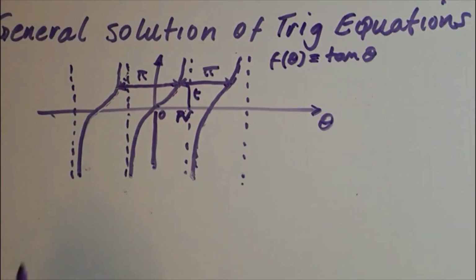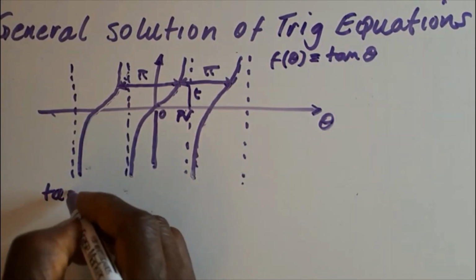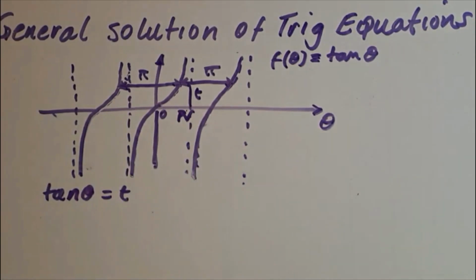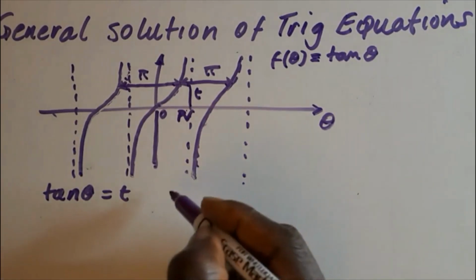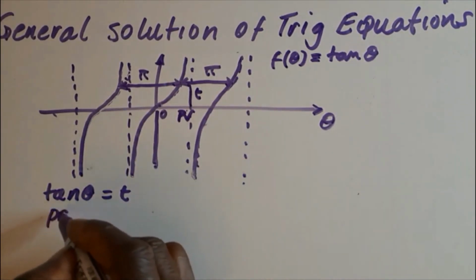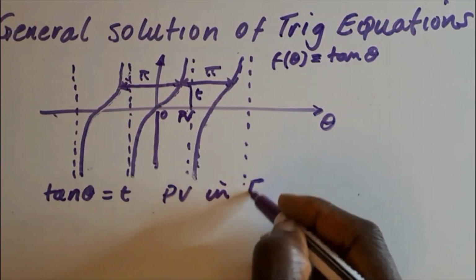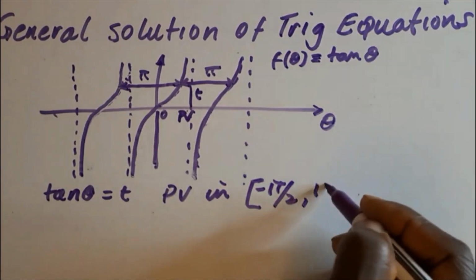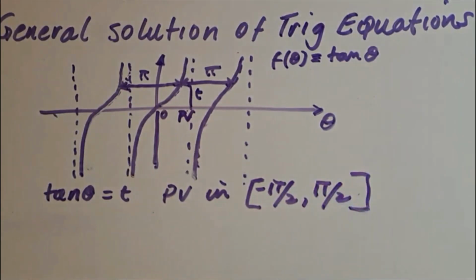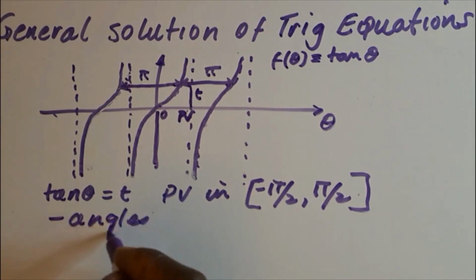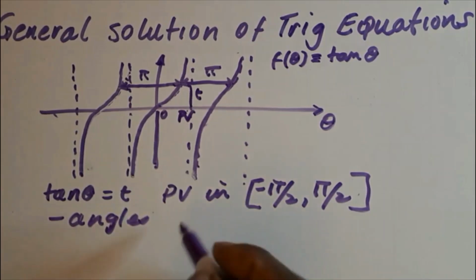Hello. So this is for the ratio tan theta is equal to t. And t, the principal value, so the principal value PV in minus pi over 2 to pi over 2, lies completely in this period. So angles with the same tangent ratio